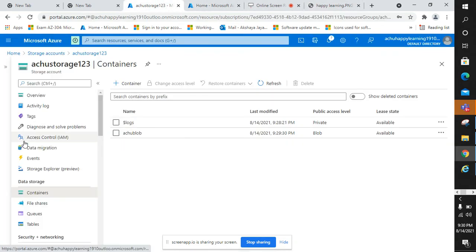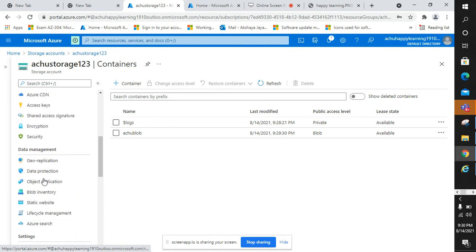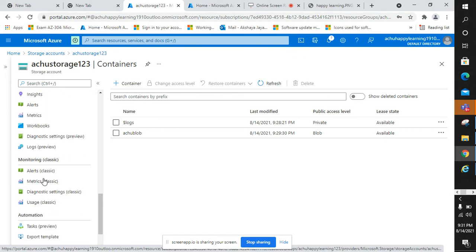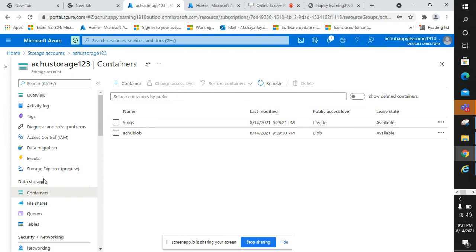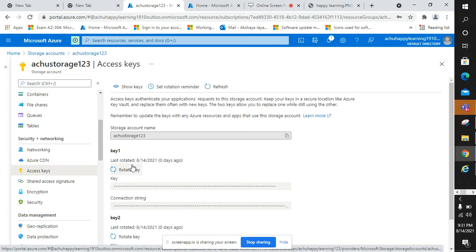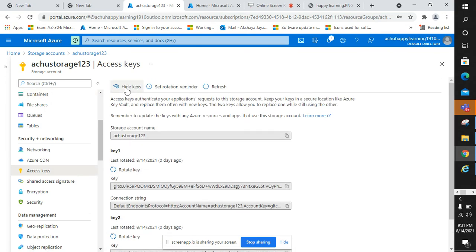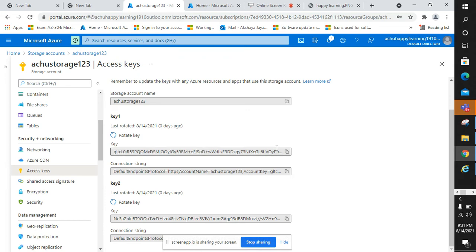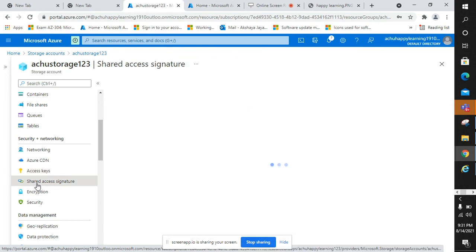Okay, let's see other options for accessing those storage devices as well. In security plus networking, you will see access keys. Just click show access keys. I can copy this access key and use it. I will show you where to use these access keys. And then shared access signature.